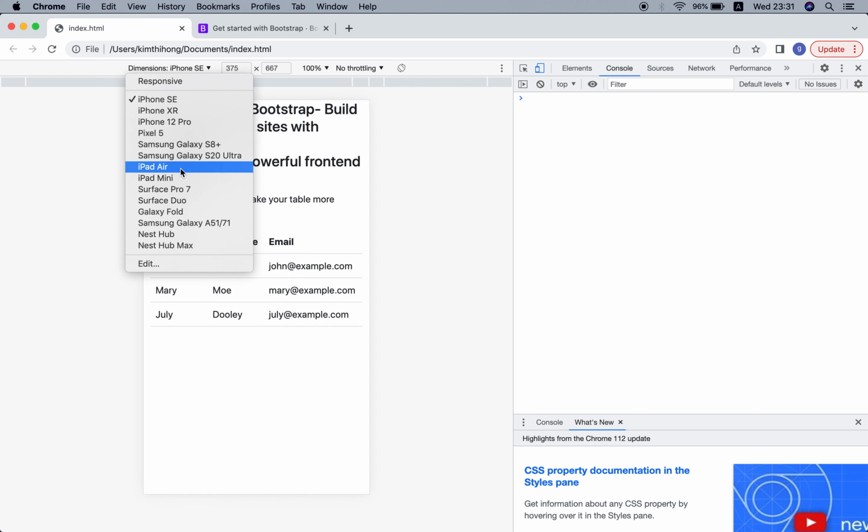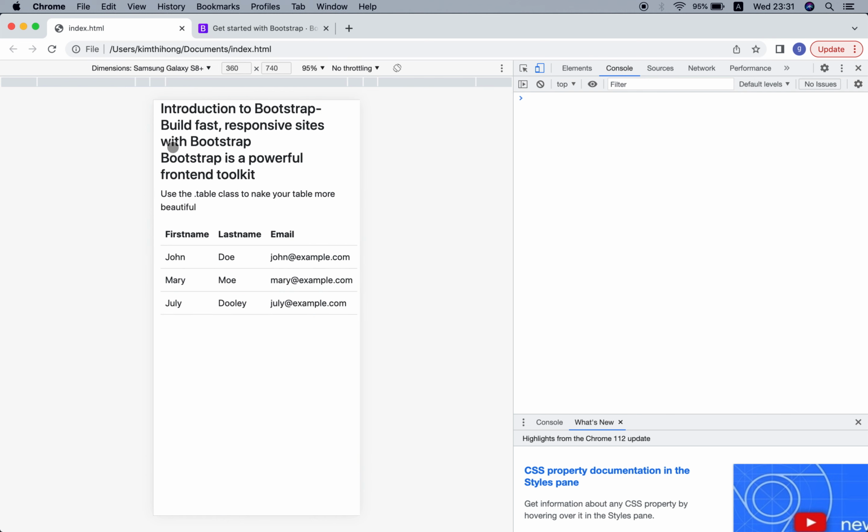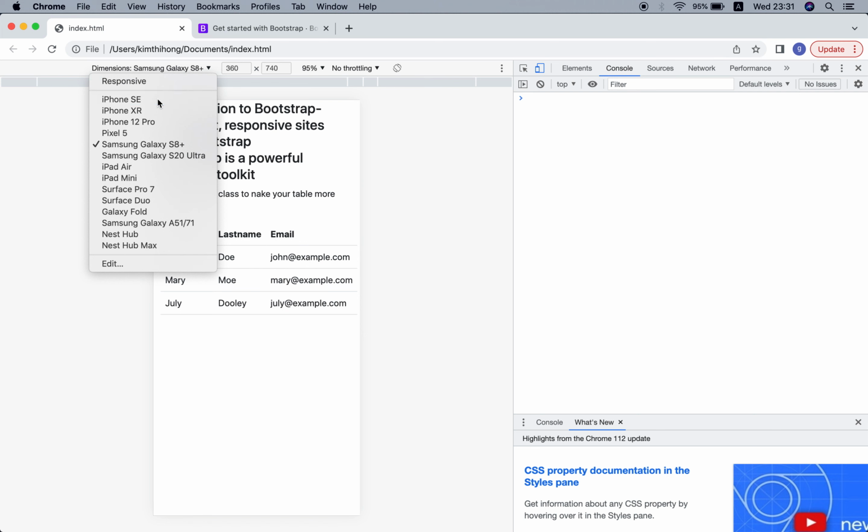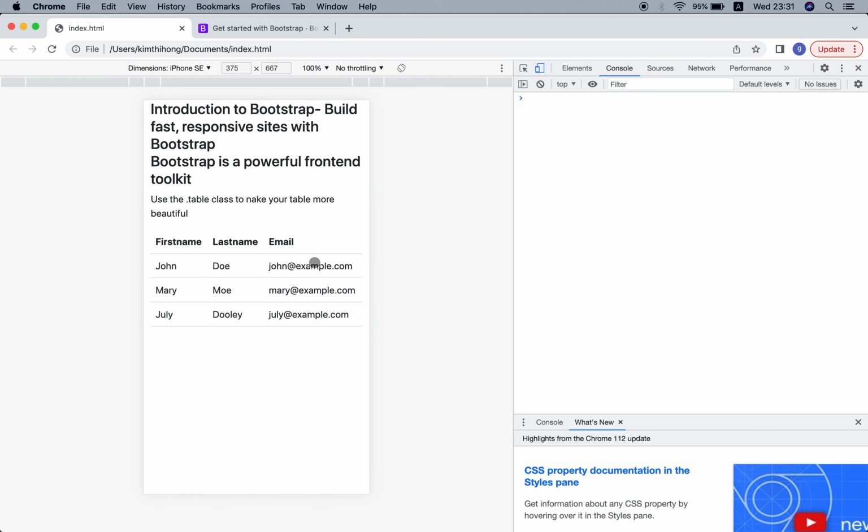You can select iPhone, Samsung phone, or iPad, or Surface. Maybe use Samsung and maybe use iPhone. You can see that our website responds to the device and to the screen size.